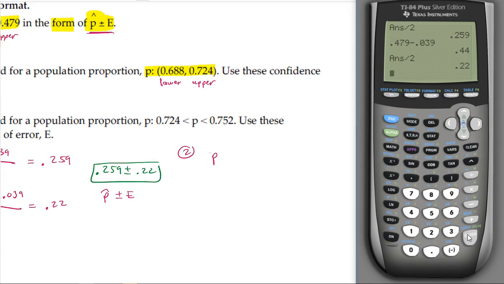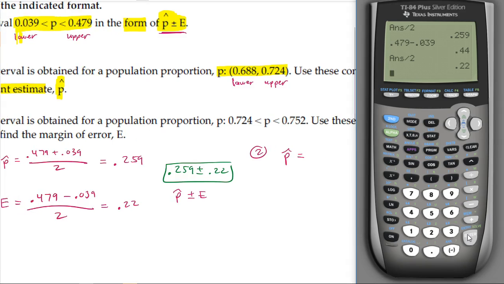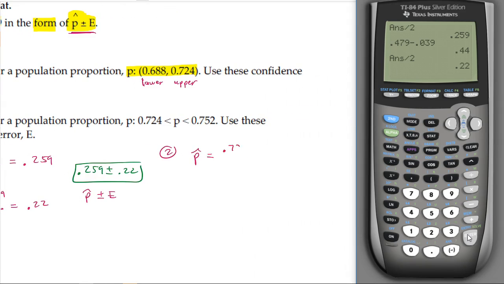To get p hat, same formula that we used up here: upper plus lower divided by 2. Let me put that into the calculator. 0.724 plus 0.688, and then divide that by 2,